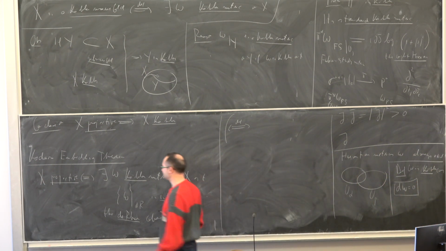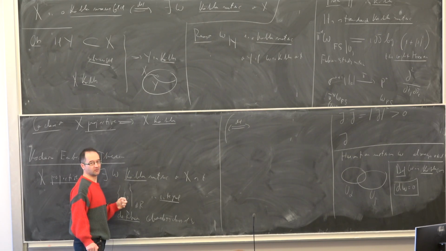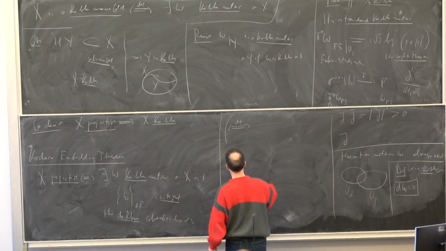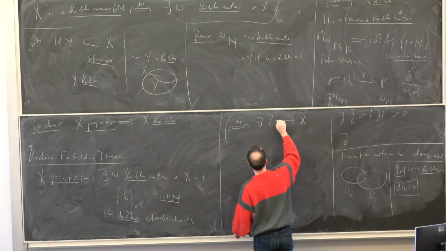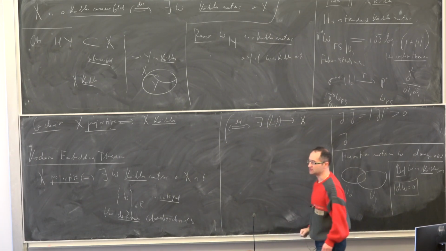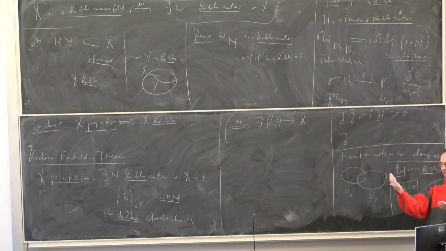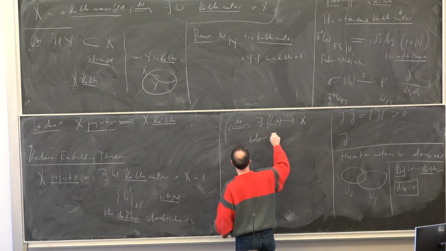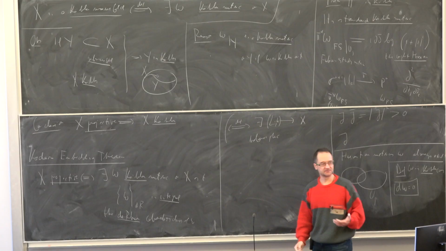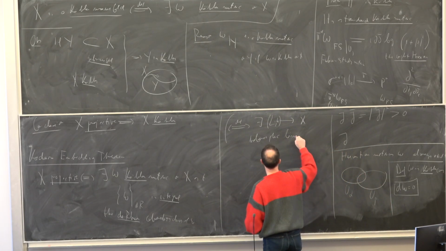So a projective manifold is a Kähler manifold that has a Kähler metric which is the curvature form of a line bundle. By definition this means that there exists L over X with a metric, let's call it H, in the fibers. A metric in the fibers means an inner product on each fiber, such that all the inner products vary in a smooth way with the point, the same as for the tangent bundle. So if and only if there exists H, a holomorphic line bundle, which means a vector bundle of rank 1, because the fibers are copies of C in that case, they're lines, right? A holomorphic line bundle